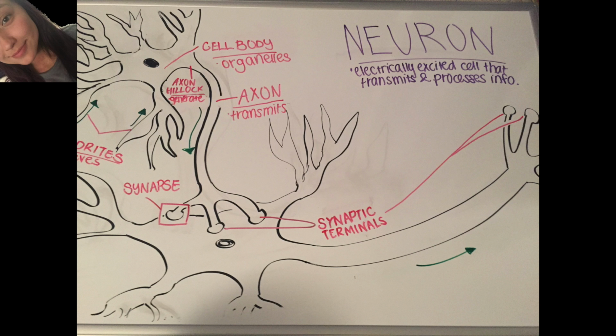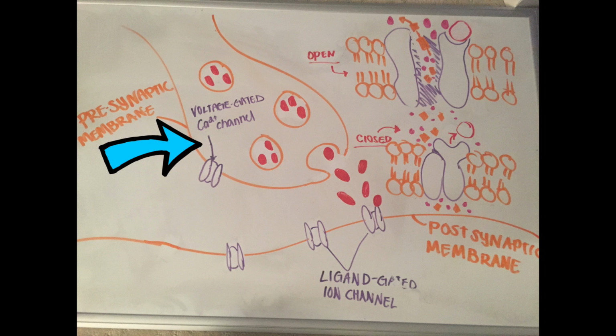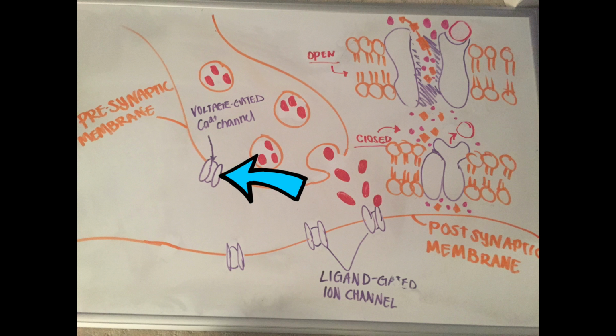The signal is received from another cell through the dendrites, as mentioned before, then travels down the axon and through the synapse, which is the junction, to go through another neuron and jumps from neuron to neuron. Depicted here is a more detailed diagram of the process that shows the transfer of a signal from one neuron to another. The first neuron contains a presynaptic membrane, and this contains a voltage-gated calcium channel, which is activated by